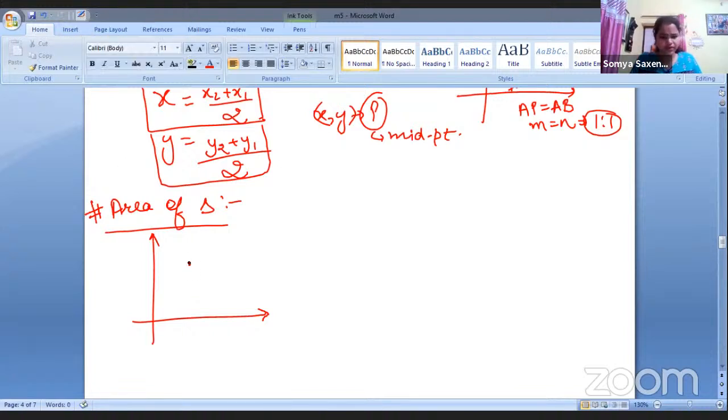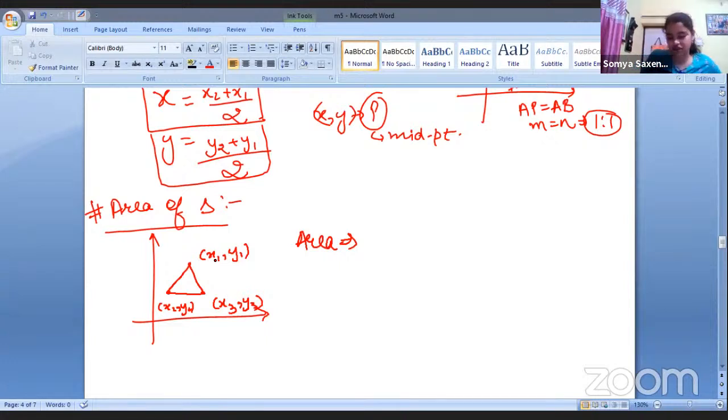Take 3 points here, here, here. This point has the coordinates x1, y1. This is having x2, y2. This is having x3, y3. Right? Simply. Now, if I join these 3 points together to form a triangle, can I find the area of this triangle by using these 3 coordinates? Definitely, I can do it, because in the previous classes we have observed many other formulas, like we know the